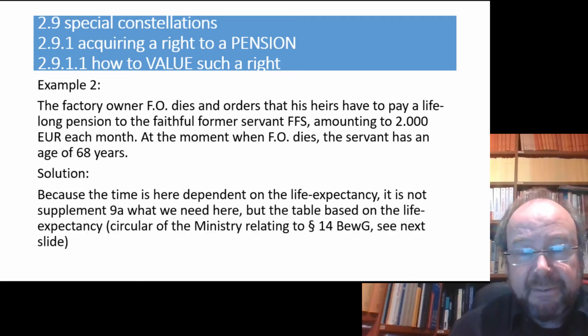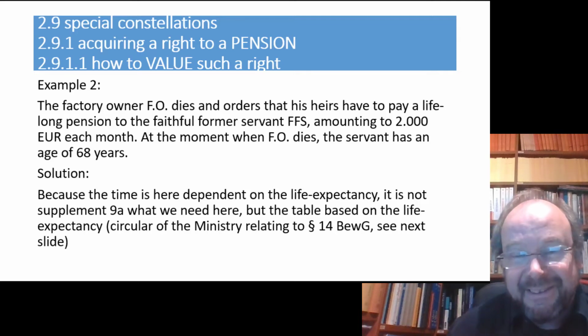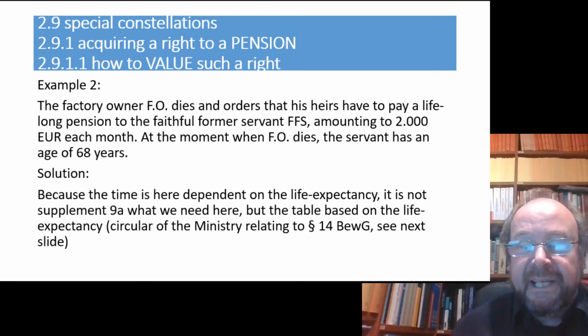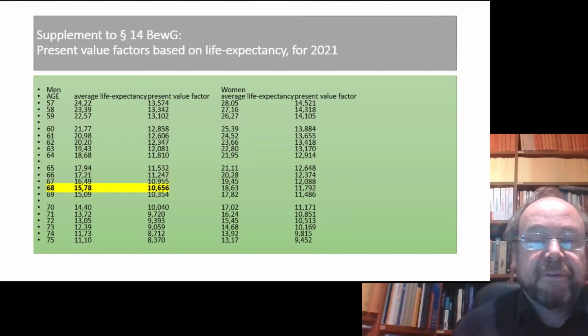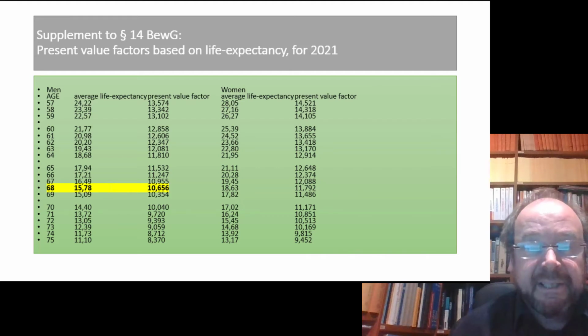Well, the solution is simple. We have a lifelong payment, so we need the table which is based on the life expectancy data, sorry. So not supplement 9a, but that annually republished and updated table. Here I copied it from the TechSec slides, which you know from me. And here for 68, we have a remaining life expectancy for male persons, 15.78, and a present value factor then of